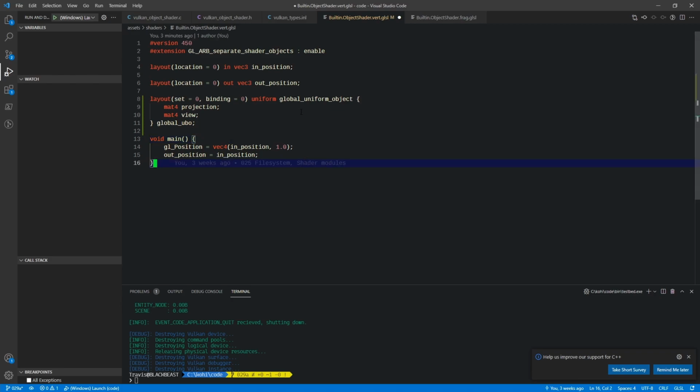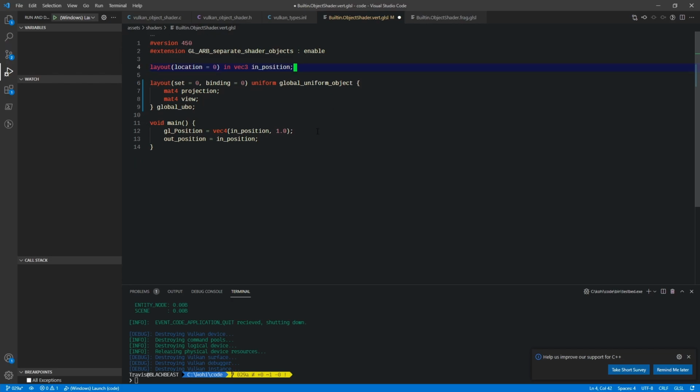Okay. The other thing I'm going to do is, since this out position was sort of just a temporary thing to show how to pass between shaders, I'm actually going to remove it. We don't need it anymore, okay? And so now we're going to take our global UBO's projection and view matrices and apply it to our position here. So first we can remove this line here just to simplify things. And our GL position is now going to be made up of our global UBO dot projection times our global UBO dot view